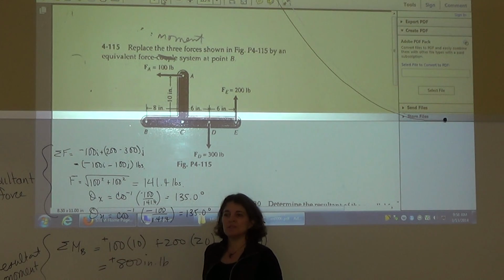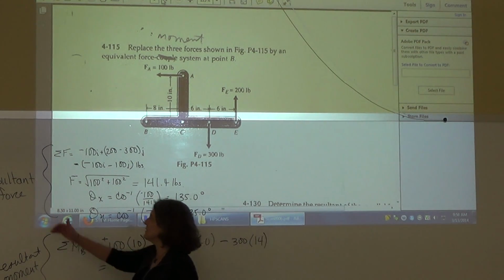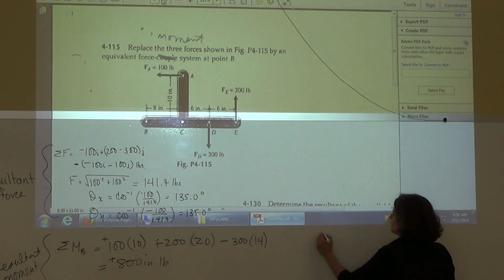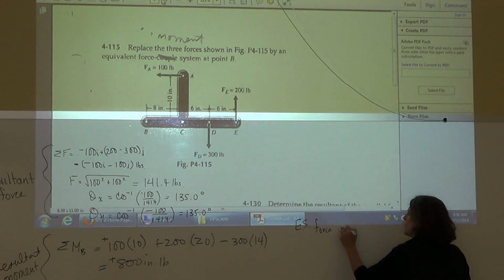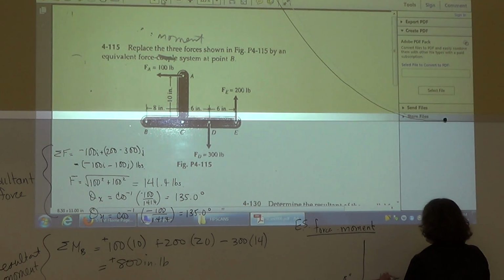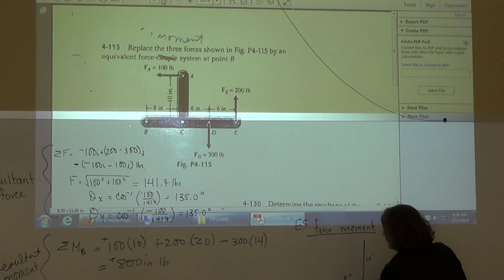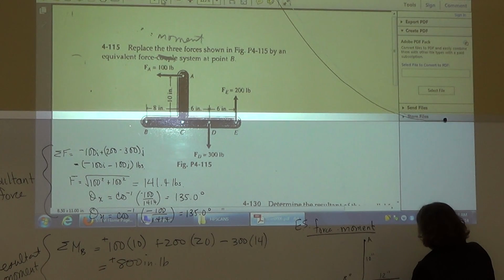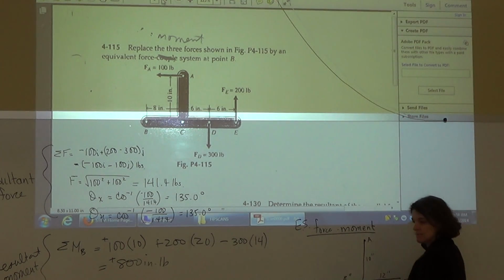So on these equivalent system problems, I always have to calculate the resultant force and the resultant moment. And then the last thing I have to do, because this is a force equivalent system force moment problem, I need to draw the item. So I have a bracket. I have 8 inches here. I have 12 inches here. I have 10 inches here. This is point B. I'll just put the points on A, C, E,